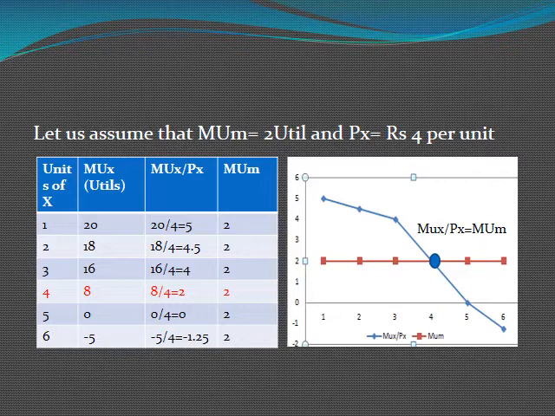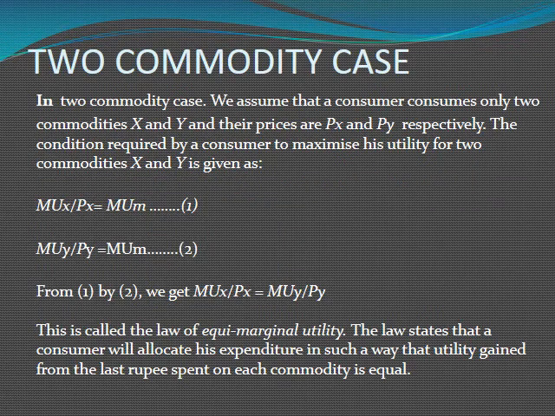Now let us talk about the fifth unit. When the marginal utility is 0, at that time a consumer will not consume the fifth unit. Why? Because he is getting more satisfaction from money, so he will not spend that unit of money on the consumption of good X. So that is the reason a consumer is in equilibrium when he consumes 4 units of the commodity only. Let's move forward.